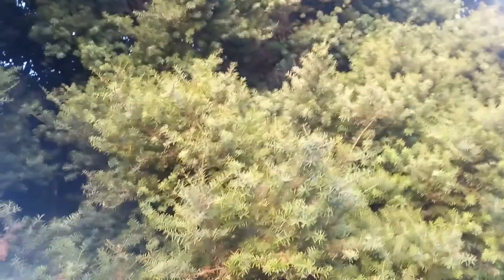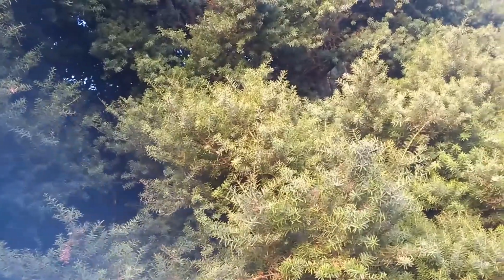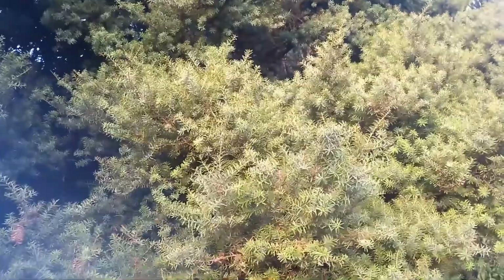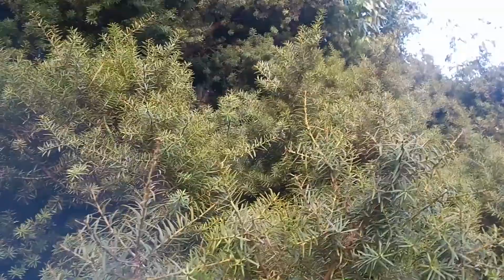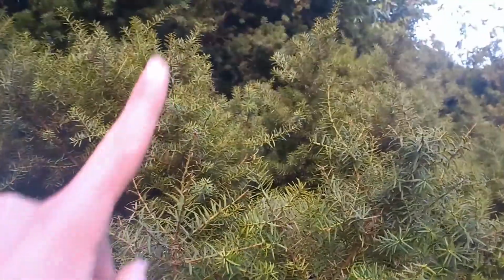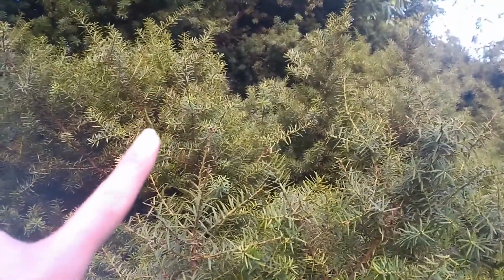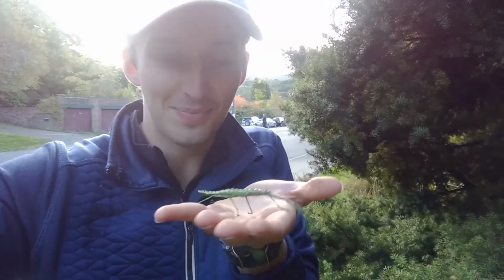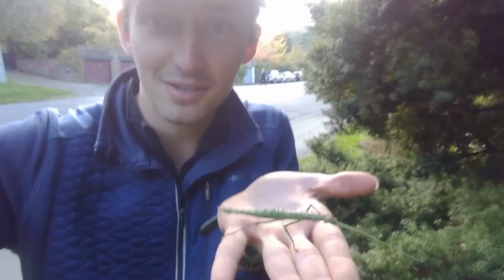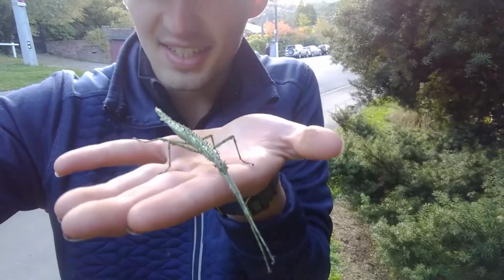So there's no special search method for stick insects. You basically just look for a stick that actually isn't a stick, and that's quite hard. But there's actually one in the frame here now that I've spotted, so I wonder if any of you guys can spot that. Spoiler alert, it's here. See that beautiful green stick insect? They can also be brown as well. This is a prickly stick insect, a species of Acanthoxyla,